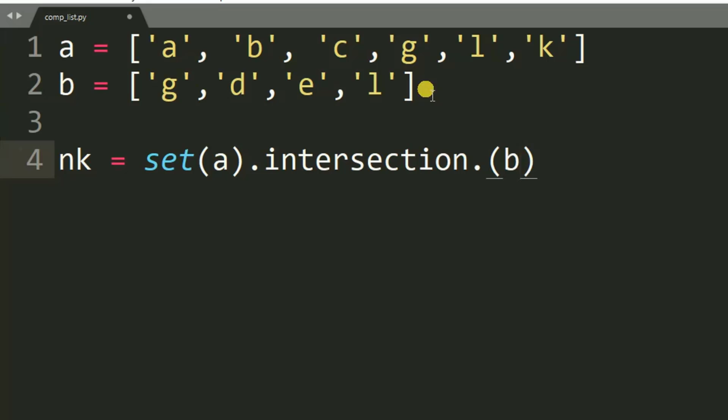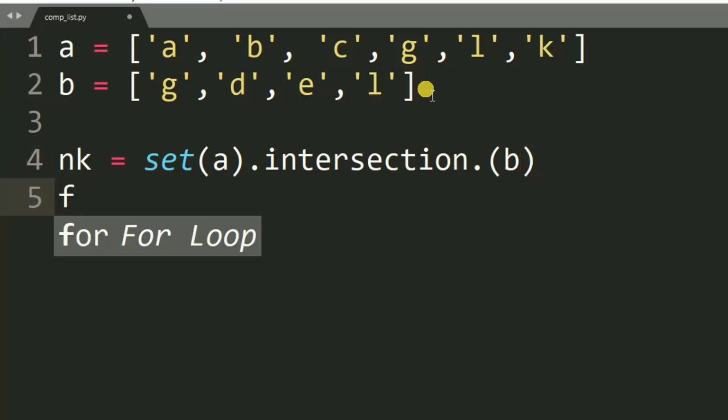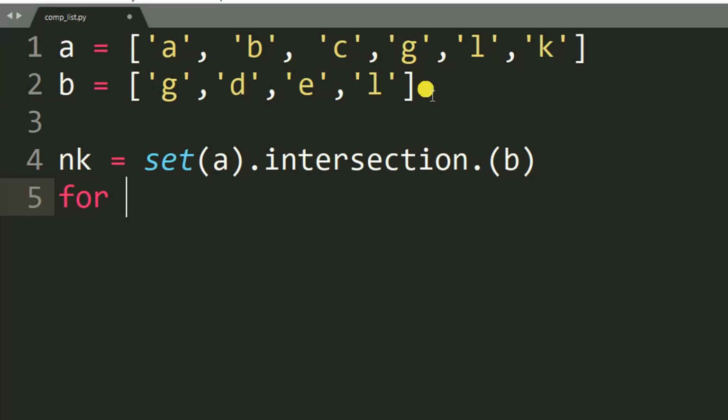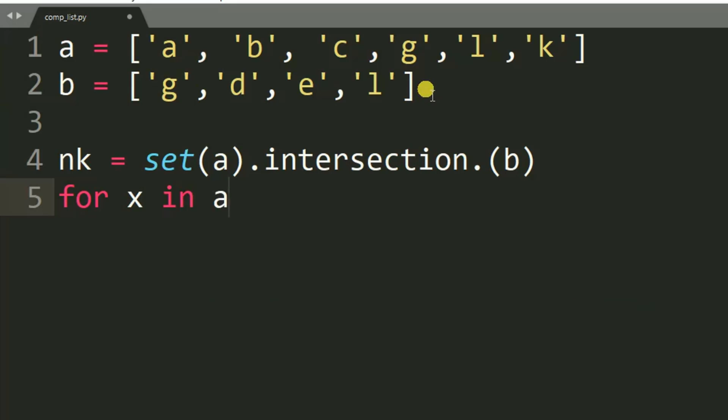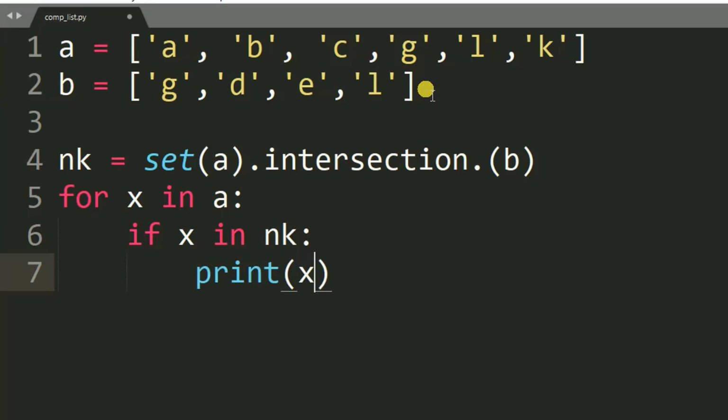So A intersection B. Here for x in A, if x in nk, then print that x